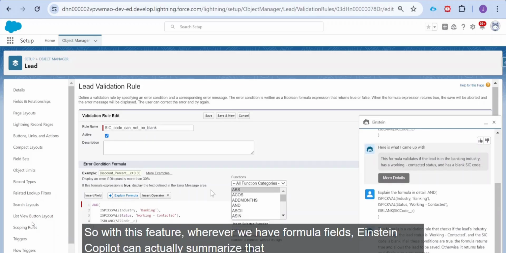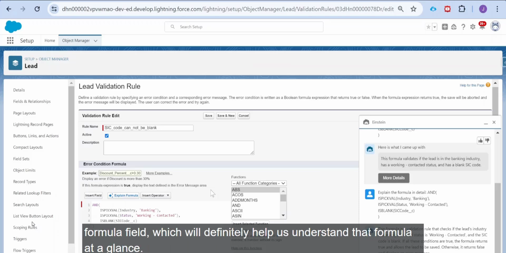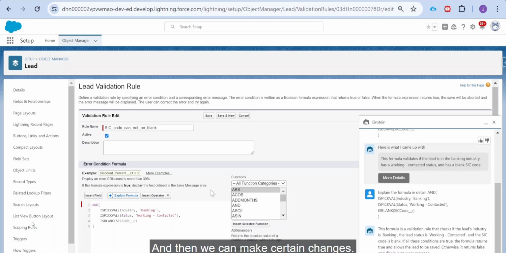With this feature, wherever we have formula fields, Einstein Copilot can actually summarize that formula field, which will definitely help us understand that formula at a glance, and then we can make certain changes and